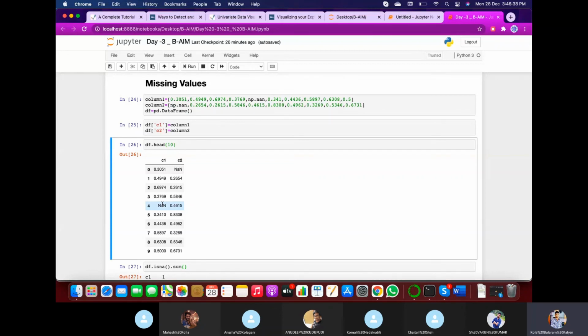The missing values can be created due to the user's response, like maybe the user has forgotten to fill in the value, or they may be removed deliberately, or created by some errors. So these can all be reasons for the creation of missing values.